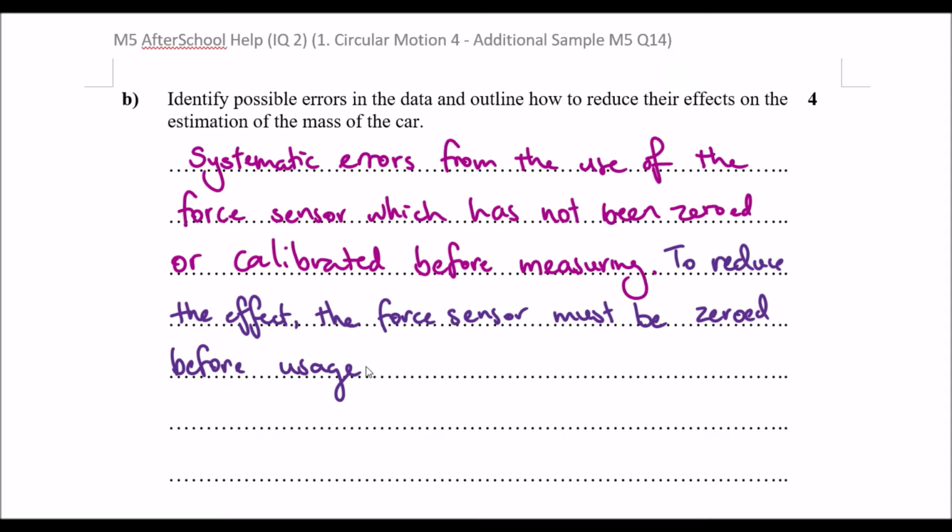And there are probably some occasions where, with systematic errors, the actual decimal point of the measurement of the force, you can't get rid of it or you can't zero it properly. Then if that was the case, obviously subtract that away from your final result. Okay, so if this is not possible,